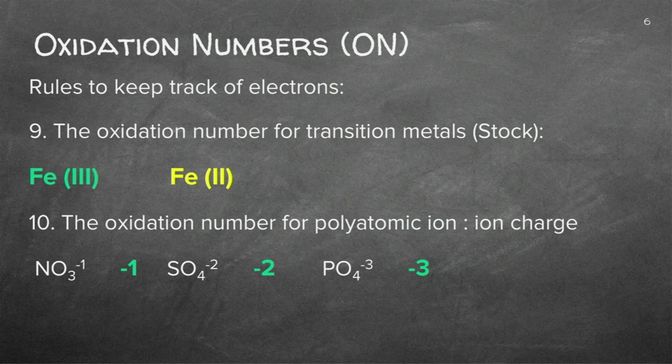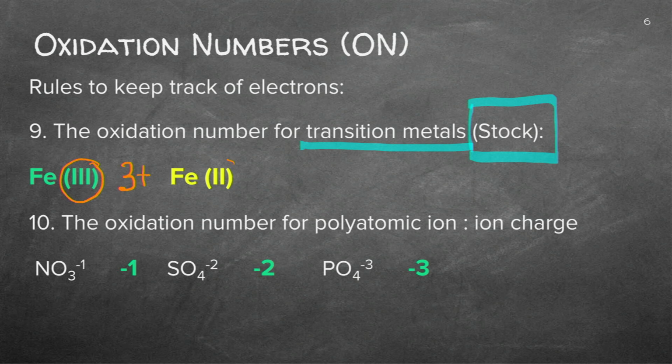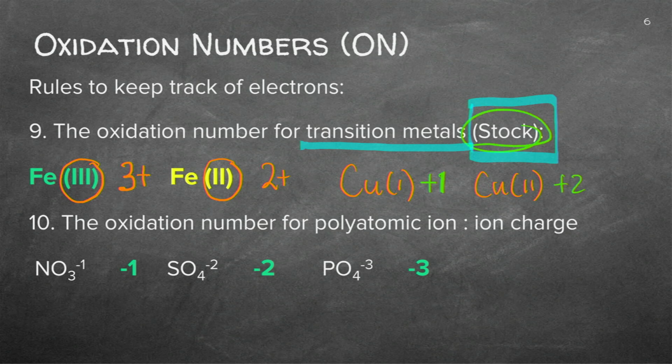The oxidation number of the transition metals will also be the charge that they have according to Stock. Now, we did this in grade 10. So the Stock notation will tell you this has got a charge of 3+. On the other hand, this has got a charge of 2+. They might give you copper 1 or copper 2. What does it mean? Here, copper will have a +1 charge, and here a +2. So whatever the charge is in terms of Stock, that's the ion that you're going to use, and that will be the oxidation number.